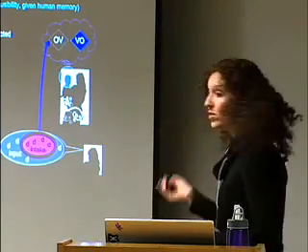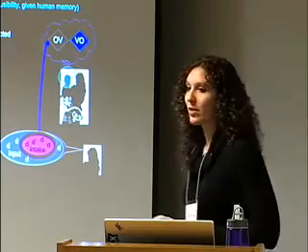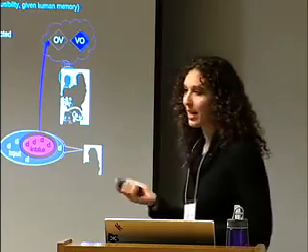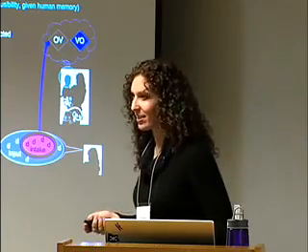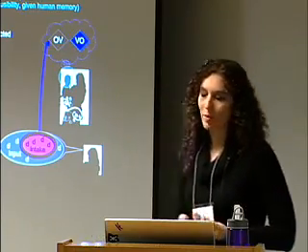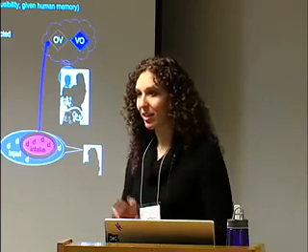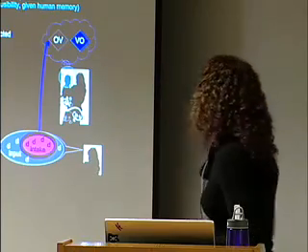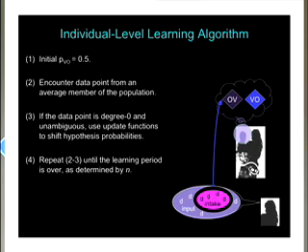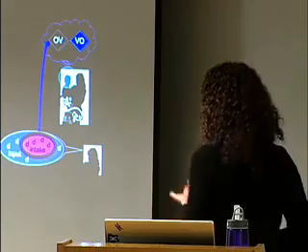So in this case, it turns out I just happened to use the number 2,000 data points. If you mess with this number, if you make it higher, make it 10,000, make it 20,000, it doesn't really affect the results. Because again, the point of the update function is mostly to recapitulate the intake distribution that you see. And so the algorithm is fairly simple. You start with an initial verb-object probability of 0.5, and then the learner encounters a data point from an average member of the population.